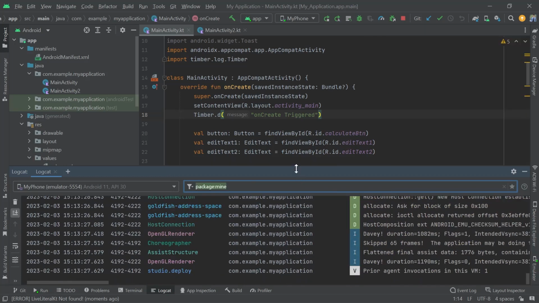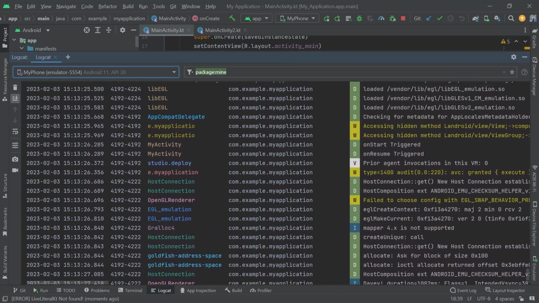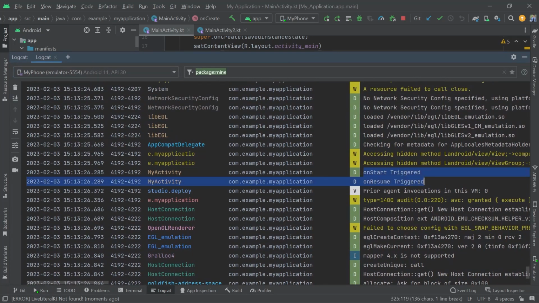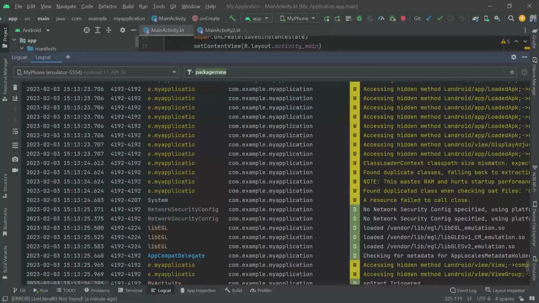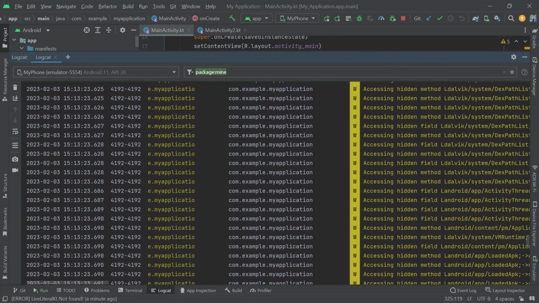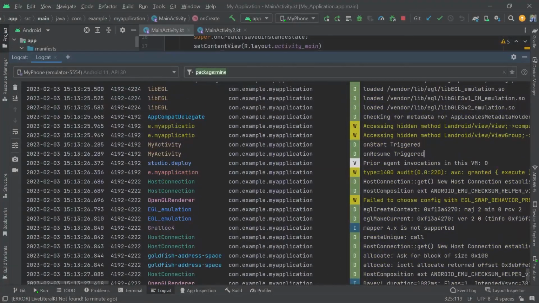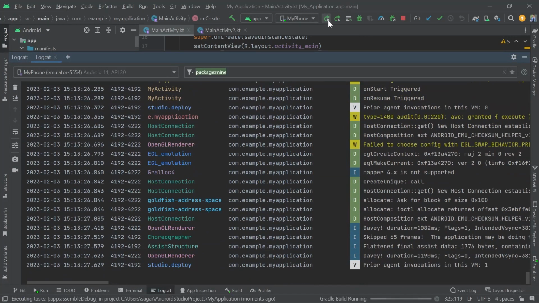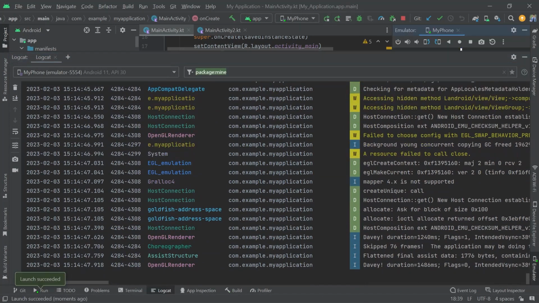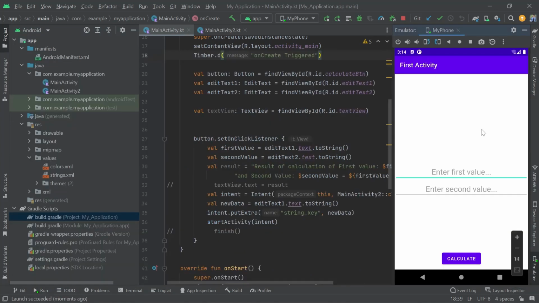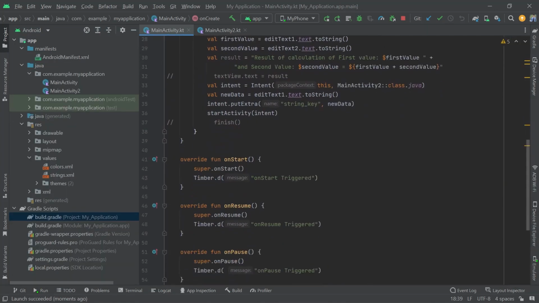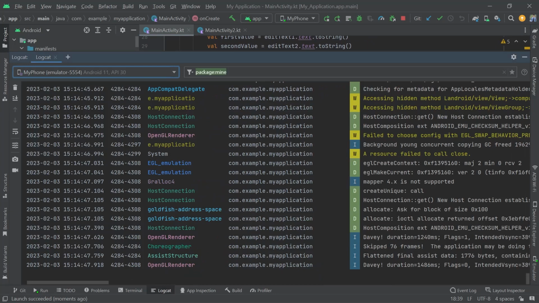First of all, close the emulator, and let me just show you on start is triggered here, and before this our on create should be triggered. Okay, I think I cannot find it. Let me just rerun the application. So here our application is running. Okay, it is now open, and inside our Logcat,